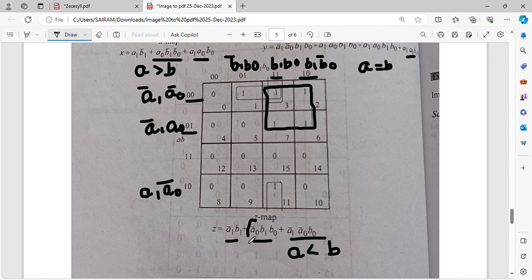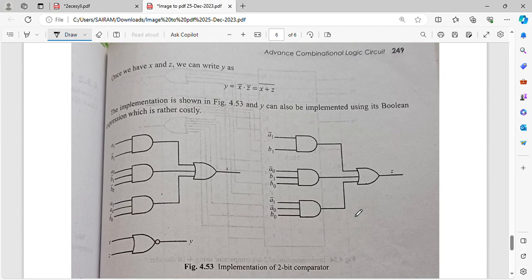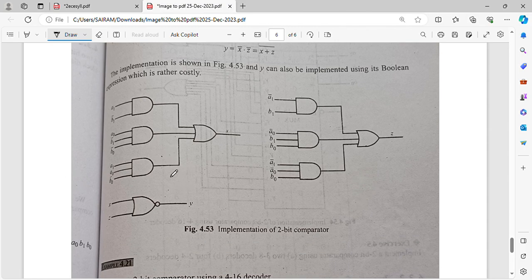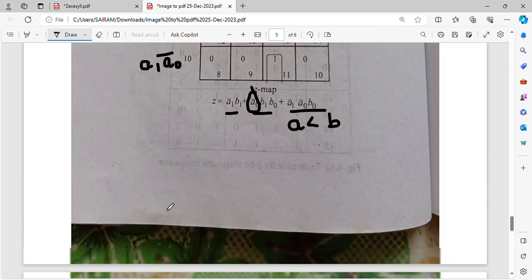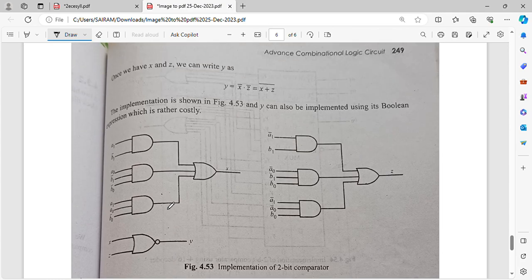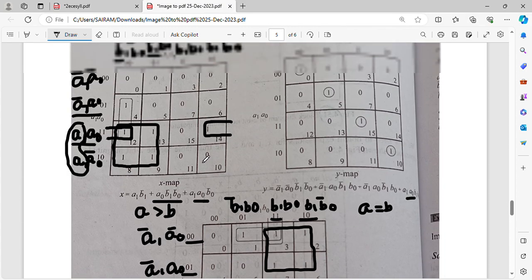So that A0 bar is written over here and on the top, and in this line, that is 3 and 11, what is there on this line? B1 B0, we have written it like that, right? So this is what is for that. And now if you write this diagram, here you can see the diagram. So this is your diagram. But what you have to do is, you know how to draw the diagram, right?